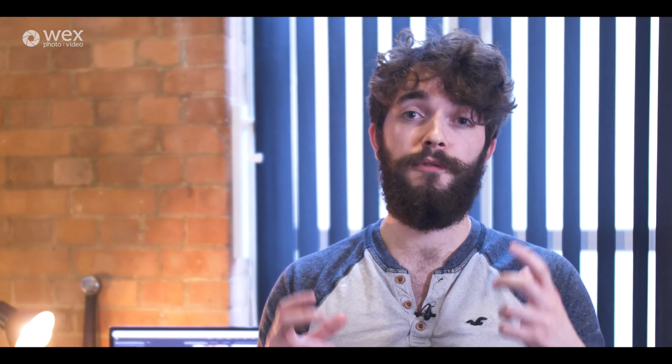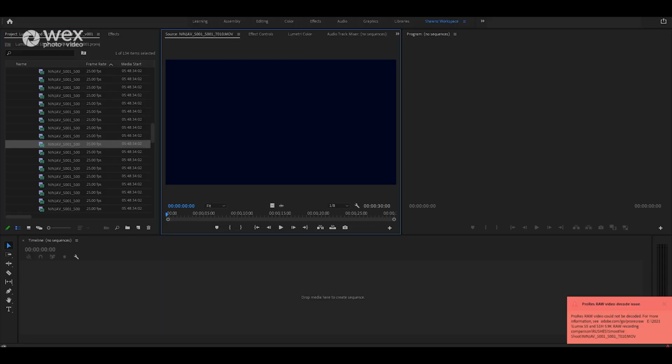If you try to edit before you install this decoder, you'll just get a blank kind of dark bluish screen. You'll still have your audio, but you'll have no picture. So that'd be rubbish. Now with the Lumix S5's ProRes RAW footage and the S1H's ProRes RAW footage side by